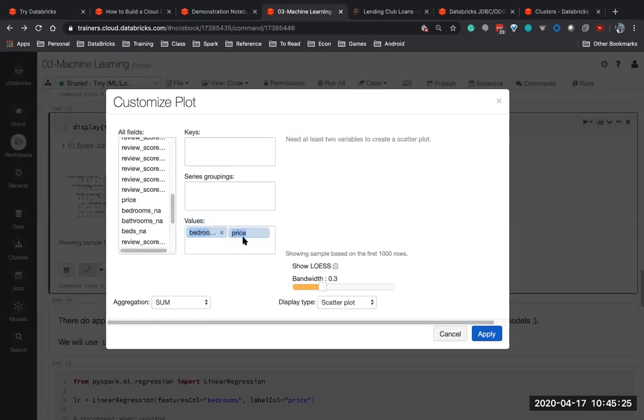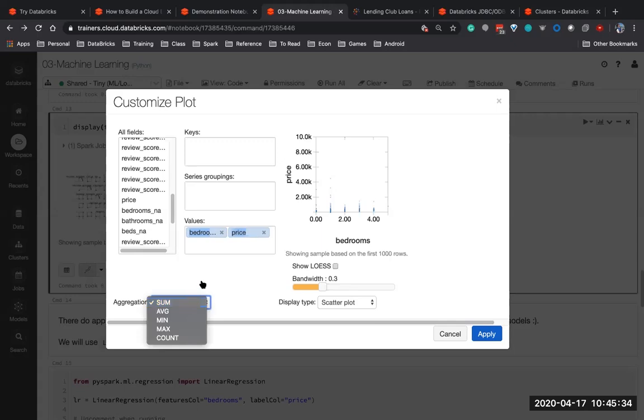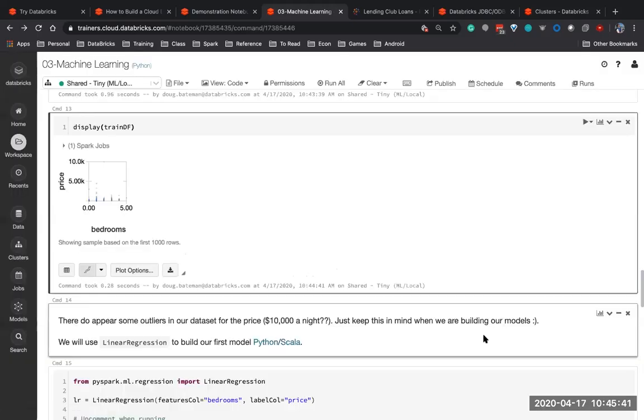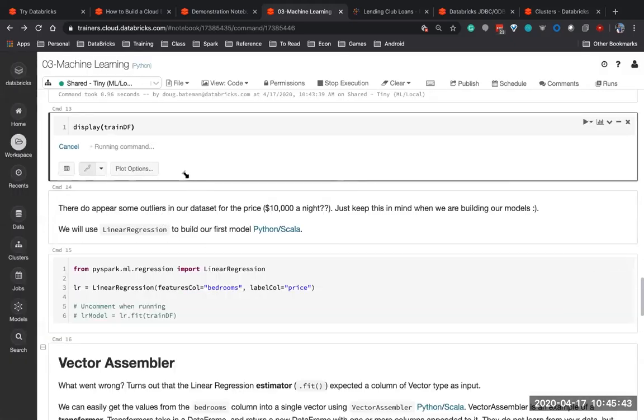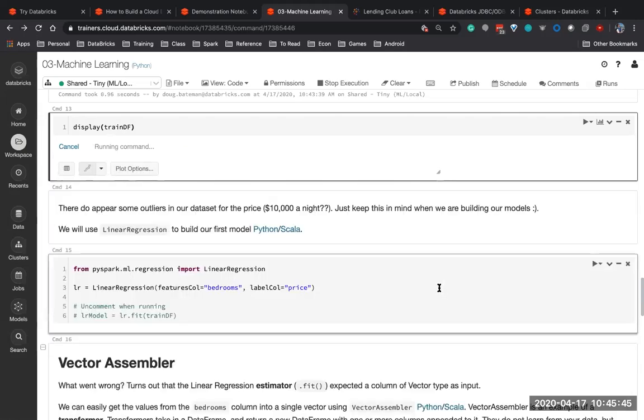There's price. Now it's running a query and setting up my plot to do a scatter plot of number of bedrooms versus